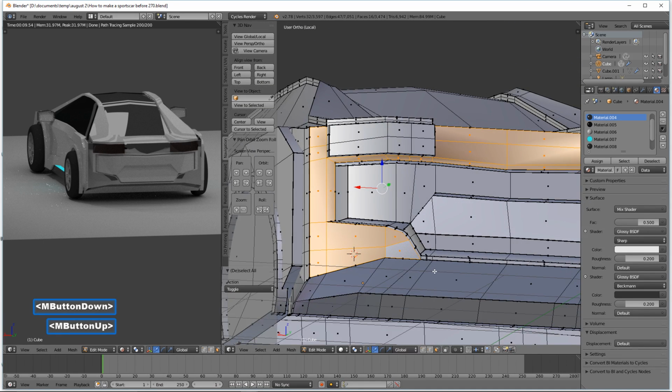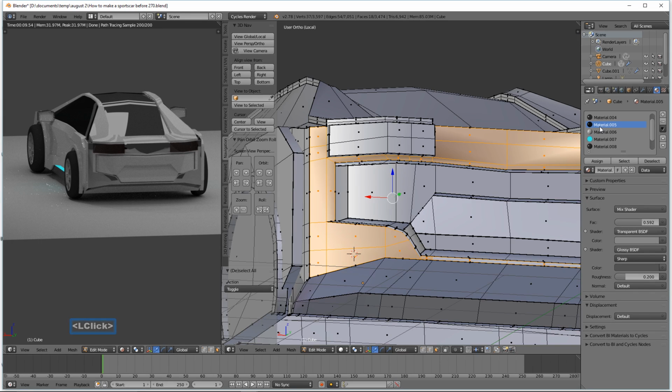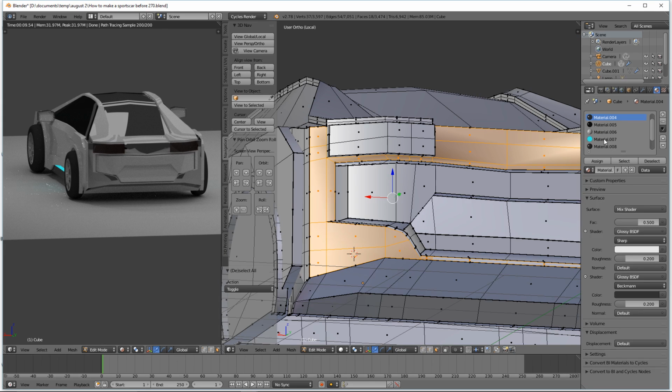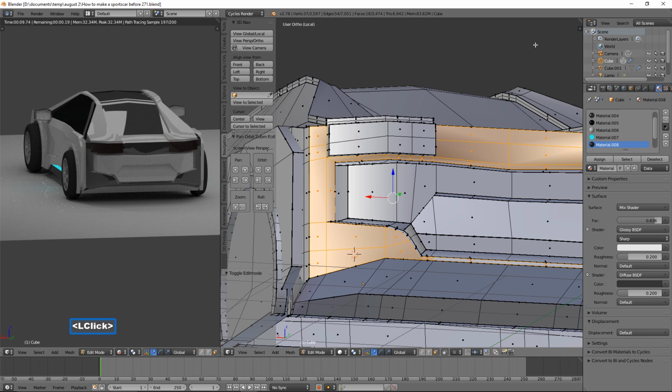I'm going to hold the middle mouse button. Clicking here as well, letting go of Shift, clicking here, looking for the one that has diffuse, this one. So I'll click Assign, much better. Okay, I'm going to press A to deselect. I'm going to click here to